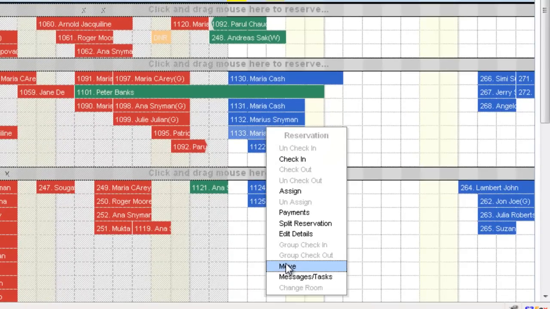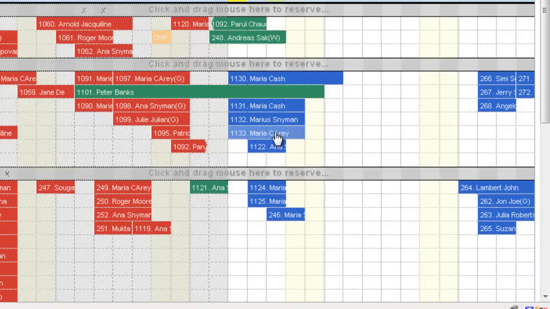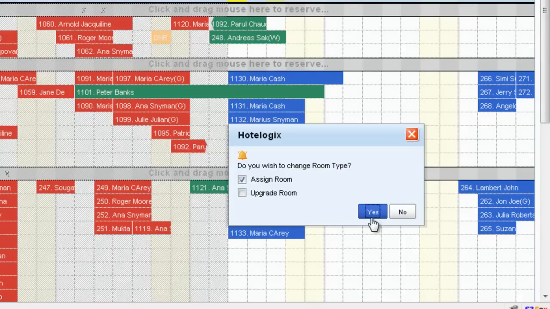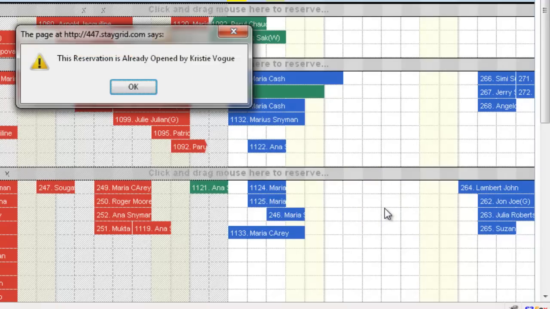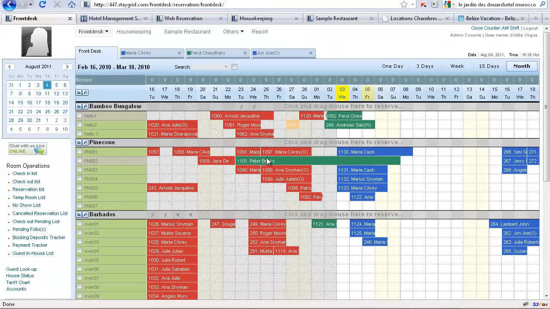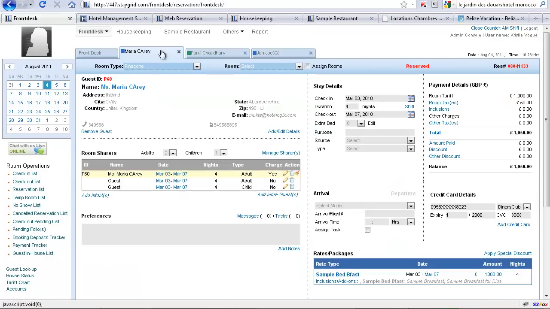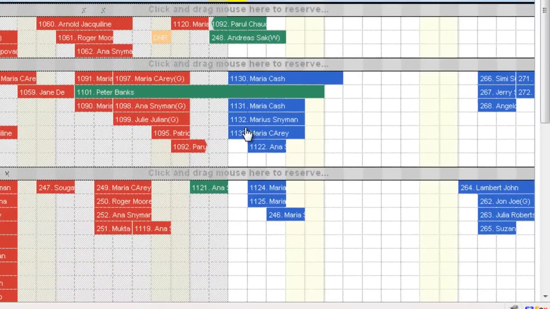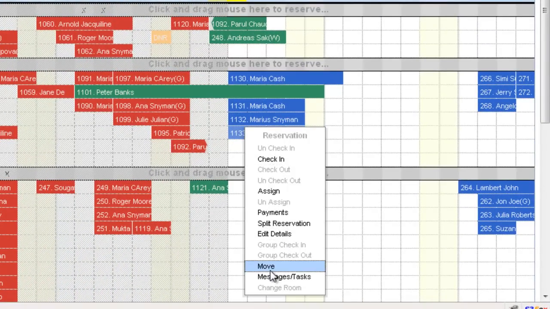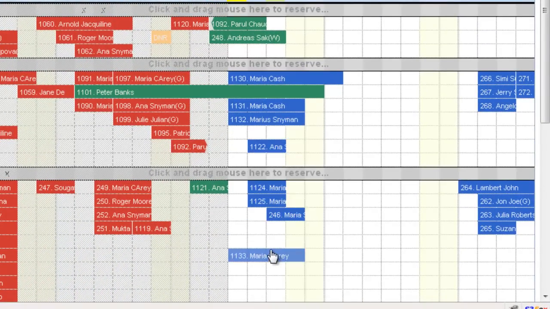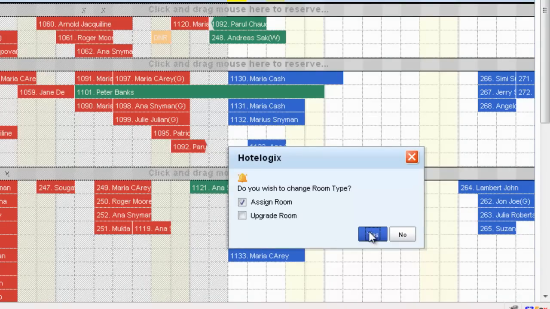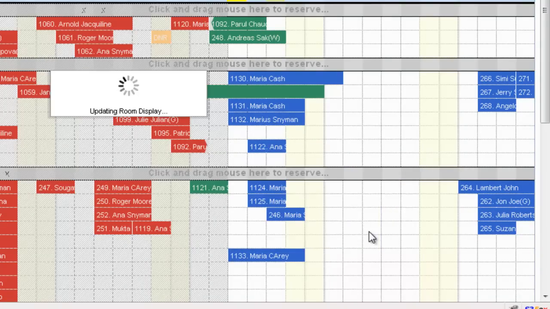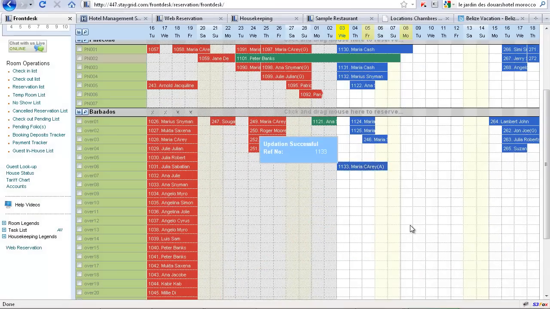So let me tell you, your most complex transactions on front desk can be managed here with fabulous ease. I can say if I want to move a reservation to a new room type, I just have to click on it and drag it and it'll ask me, do you want to really move this reservation? I'll say yes, and there you go. Okay, the reservation is open. So it will actually take care of things like these, that if the reservation is open, it will warn me. So let's close this booking first and now try to move this. There. Yes. And we have this booking on a new room type with new rates.